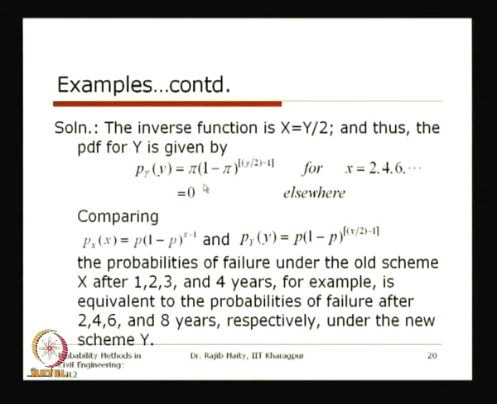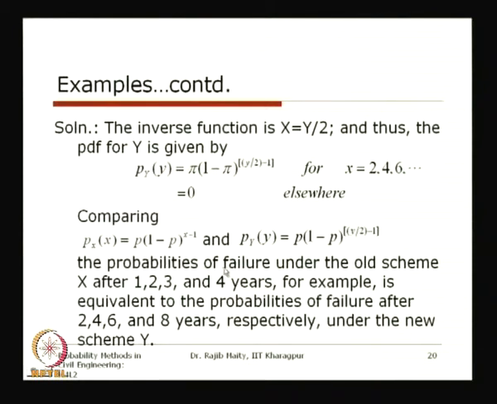This one we have just put, and we have to show what possible values y can take. This is valid for y equals 2, 4, 6 onwards, because y is equal to twice x. Now, if we compare the earlier distributional form and the present one: earlier it was p x equals pi multiplied by (1 minus pi) to the power x minus 1, and this new one is p y equals pi times (1 minus pi) to the power y by 2 minus 1.